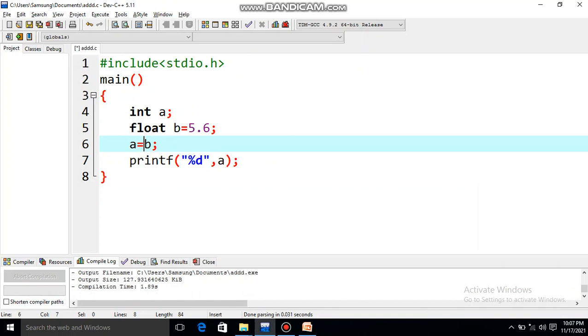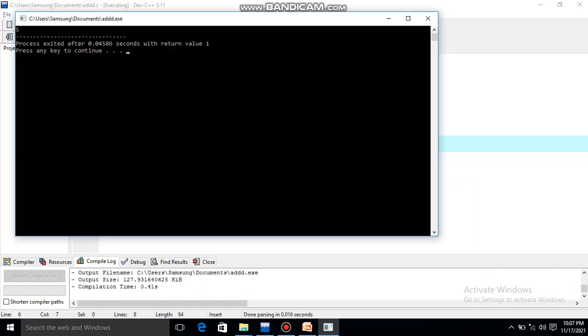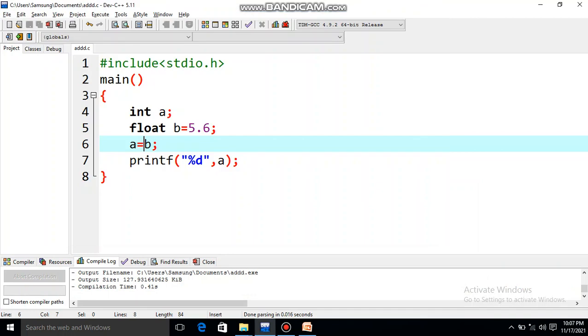Let us delete this and see. It does it automatically. So in Dev C++ we need not apply typecasting, but suppose you are using Turbo C or Turbo C++, then you will have to write it, otherwise it is not going to work. So depending on your compiler, you may or may not need to write the forced conversion. But still, this is a concept which you should know, that's why I am giving the program.